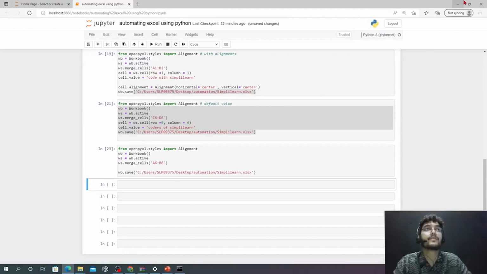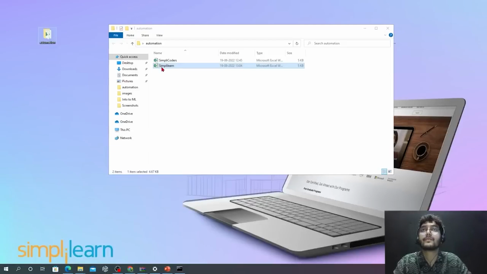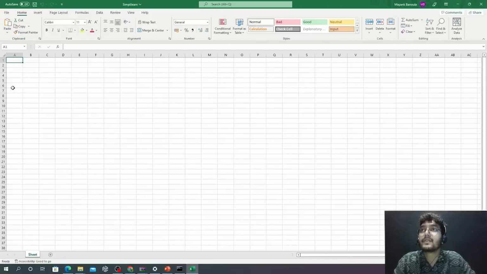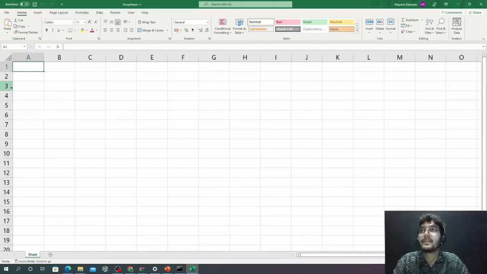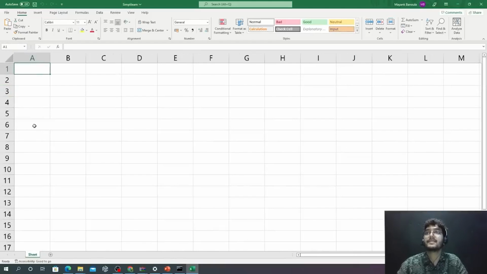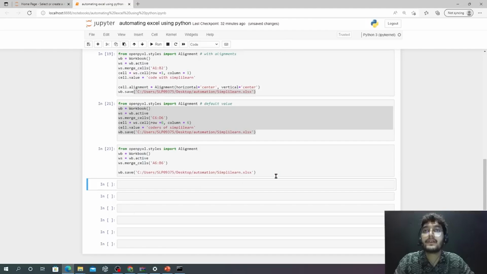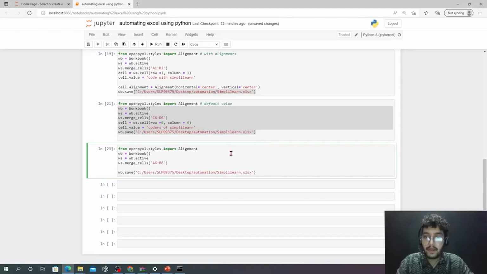No error. So here you can see, let me zoom if I can. Yeah. So here you can see A6 and B6 are merged. So what should I do to unmerge? I have to write, yes, you can write here